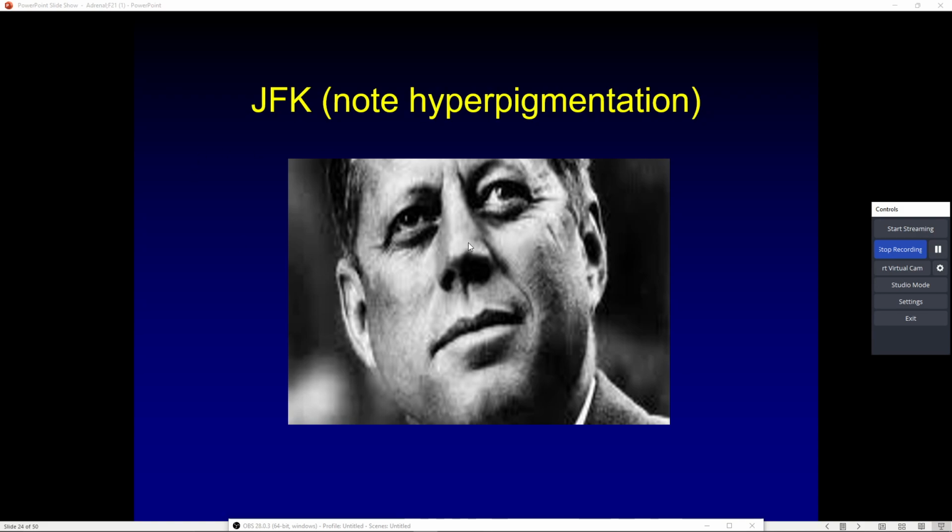By the way, just so we're all on the same page here, maybe some of you guys are young, that's okay. We do have in color pictures of JFK. I'm not quite sure why the producer of this particular slide decided to pick a black and white picture of JFK to show you how hyperpigmented he was. By hyperpigmented, I mean he had increased levels of melanin in his skin, making him appear tan at all times. Kind of like a spray-on tan, if you will. Okay, it wasn't because he sprayed on tans. Sprayed on tans weren't a thing back in the 50s. No. What he had was Addison's disease.